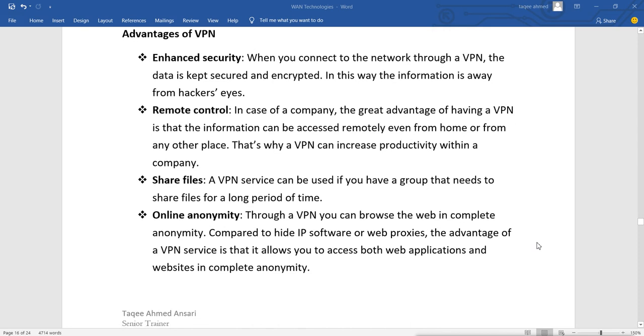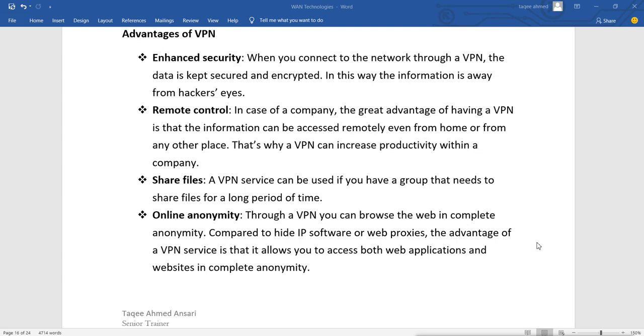Share files. A VPN service can be used if you have a group that needs to share files for a long period of time. And also we get online anonymity. Through the VPN you can browse the web in complete anonymity compared to hide IP software or web proxies.